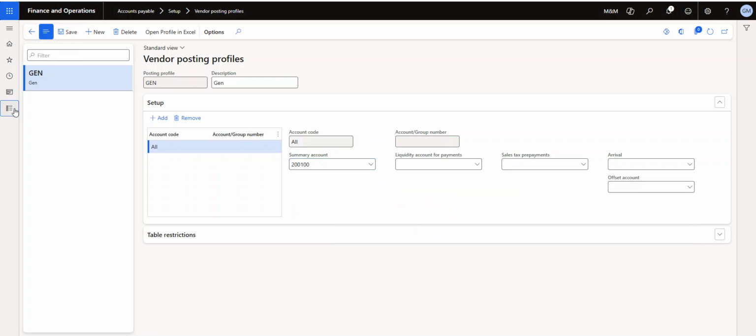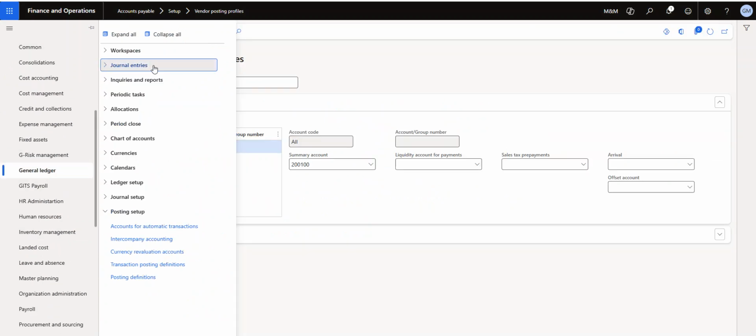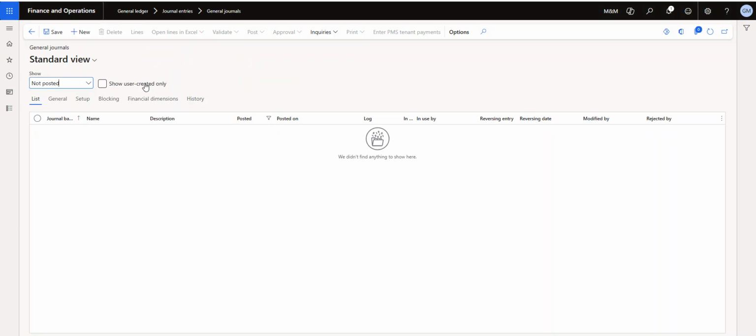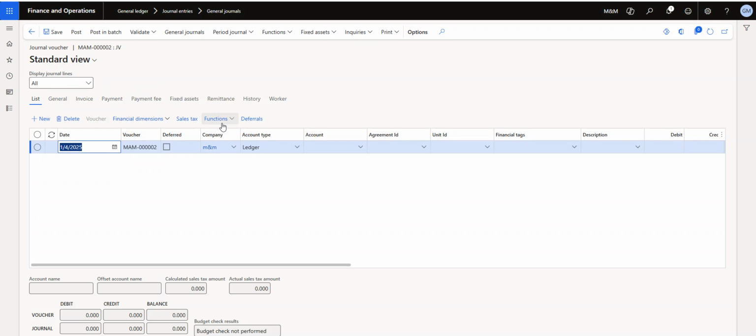Now if I am going to the journal ledger, journal entries, journal. If I am creating a new transaction, journal. Now at here I have voucher number MAM 00002. At here I am changing the account type as vendor. At here I have selected the vendor 1, echo dot, and I have given the amount,